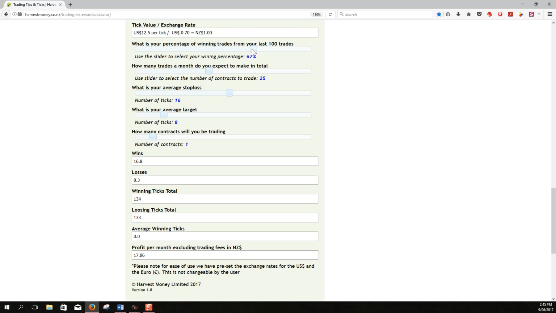To make a reasonable profit, we're probably going to be wanting to trade at least 75%. Means if we took 25 of those trades with a stop loss of 16 and an average target of 8 on one contract, we'd expect to make 875 New Zealand dollars profit by the end of the month. If you're trading better,